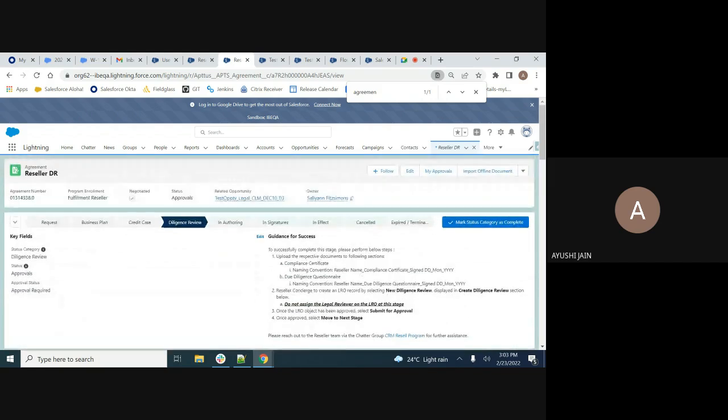Yeah, here is the new agreement that I created. In that agreement, the process will directly start from diligence review. If we send the approval again for credit case, it shows the error that the request approval is pending, but it does not show that the business plan approval is pending,